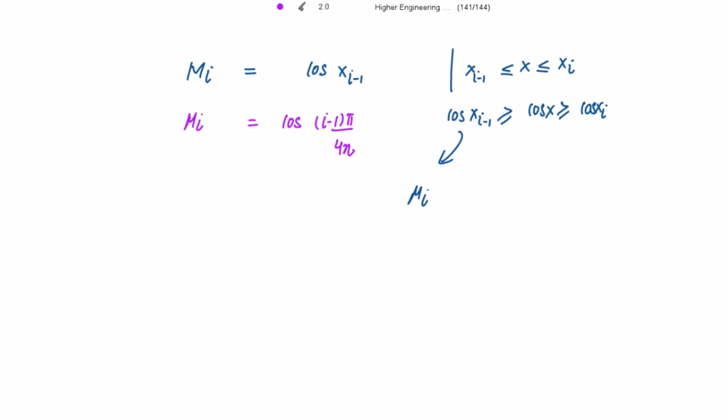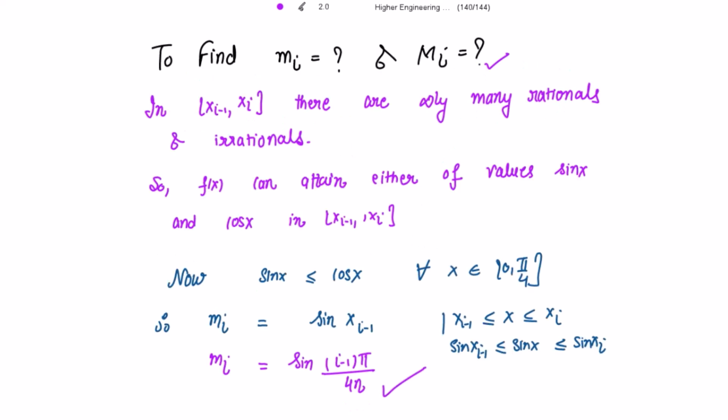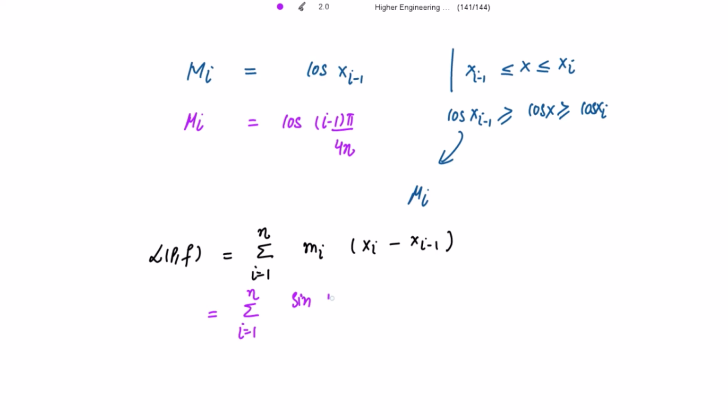And now finding the lower sum and the upper sum. It is the summation from i going from 1 to n of small mi into xi minus xi minus 1. So that is equal to the summation i going from 1 to n. What is small mi? It is this, that is sine of (i minus 1) pi divided by 4n. And xi minus xi minus 1 is i pi by 4n minus (i minus 1) pi divided by 4n. So when we solve this, we are getting pi divided by 4n. And taking the summation on this, we get, taking pi by 4n outside,